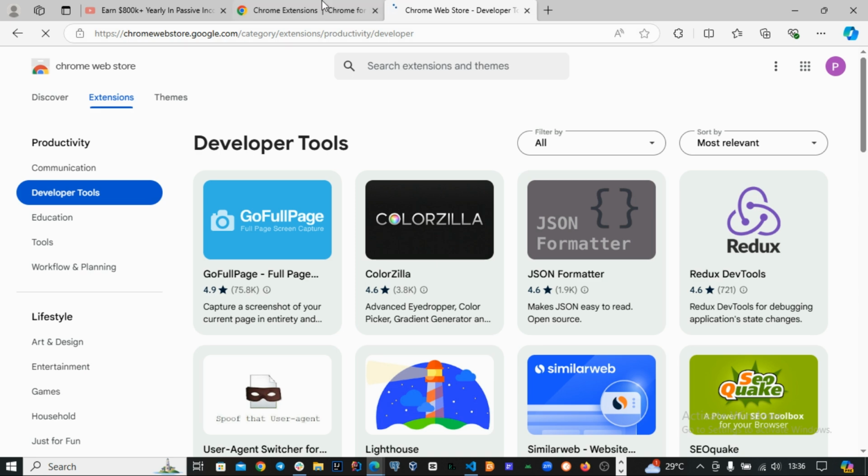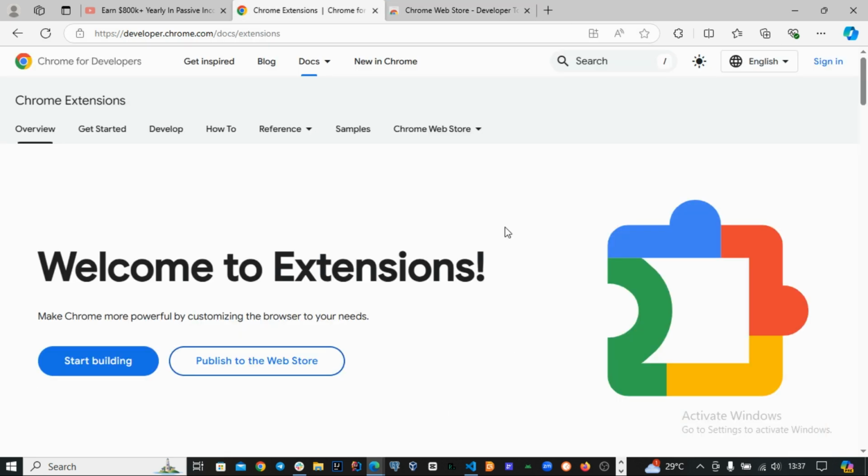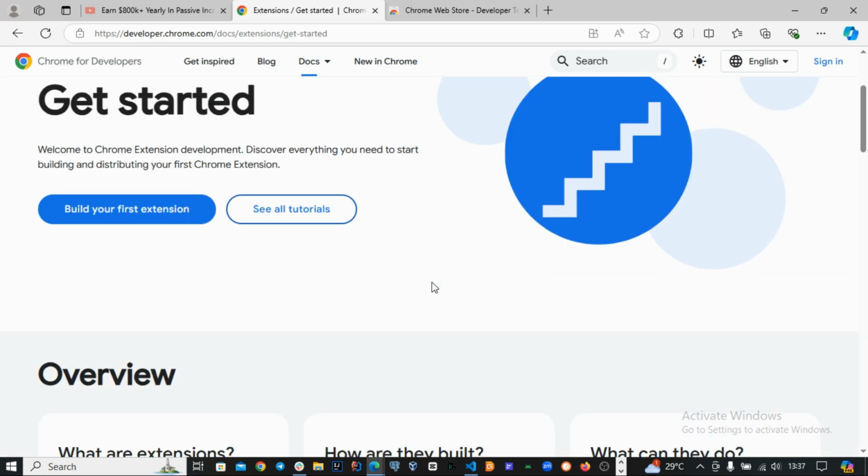An extension has very, very simple components, where an extension is basically an HTML page with a couple of files that just basically tells the Chrome browser, okay, whenever you're parsing this, do not consider this to be a web page, just consider this to be an extension. Okay, now if you go to the get started side of this Chrome docs, you're going to see that an extension basically is